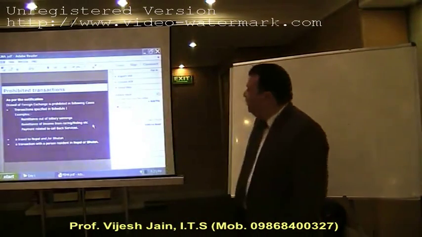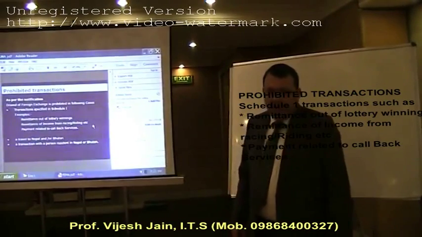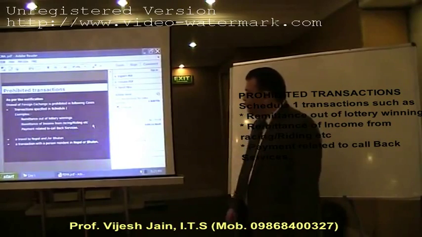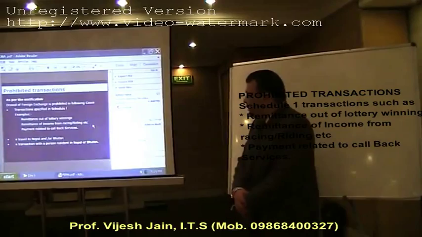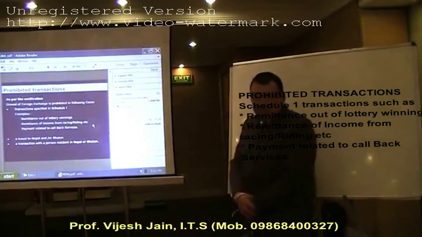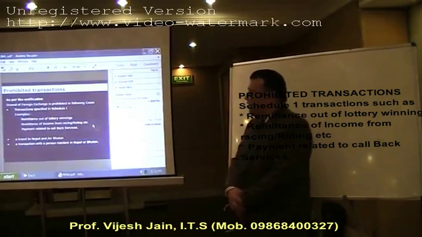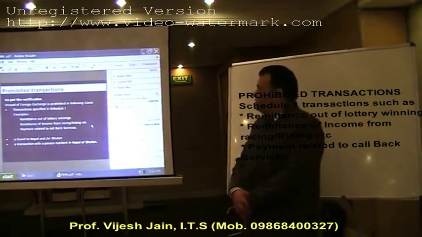Now there are certain prohibited transactions, although they don't relate to foreign trade only. For example, transactions specified in Schedule 1: remittances out of lottery winnings, remittances of income from racing and riding, etc. Payments related to callback services. These